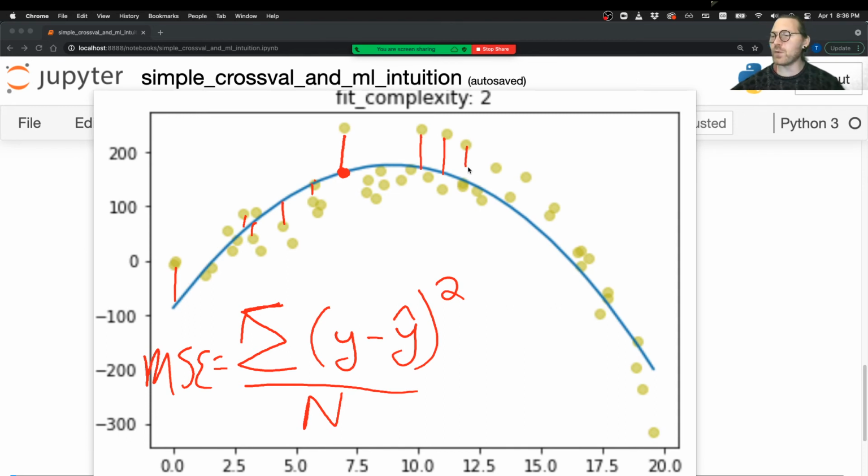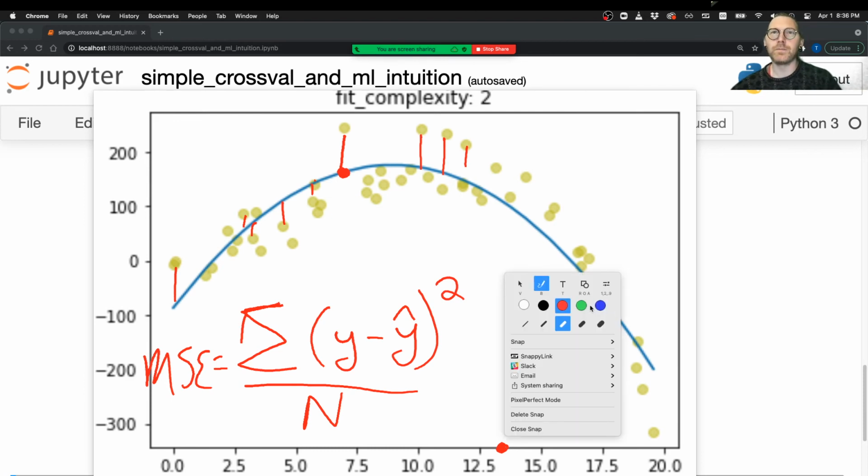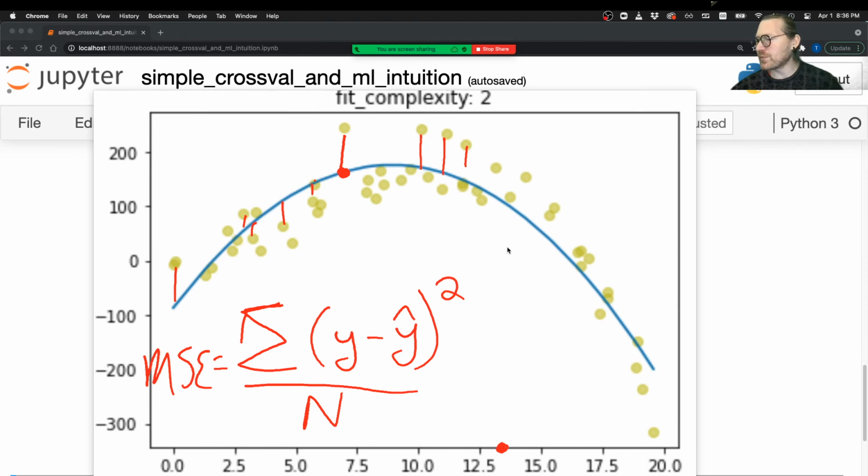We would seek to minimize that, but we wouldn't seek to minimize it on the data that the model already knows. We would get some new data out here. Let's say we've got this value 13 over here, and maybe 13 predicts to be out here. Well, that would be one of the distances that we measure, and maybe we get it right a number of times, and those are close to 0, and then we get it wrong a number of times, and we just sum and measure all these,